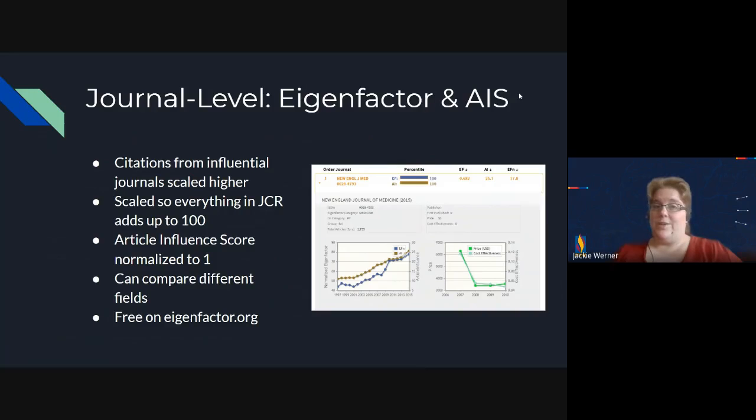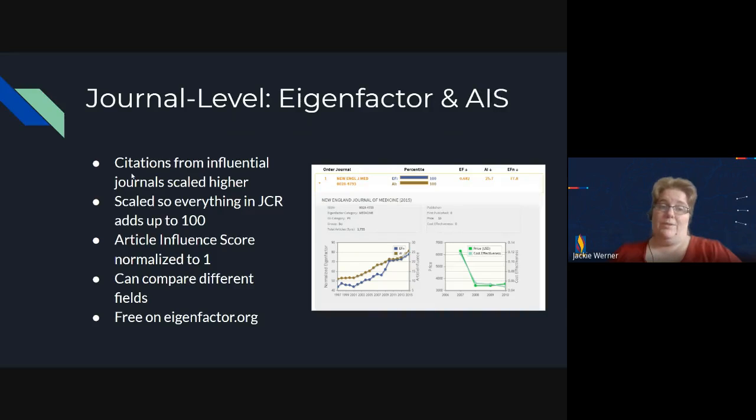Other factors that we could look at are Eigenfactor and the Article Influence Score. You can go visit eigenfactor.org and find a journal search for both of these factors. All of these factors are going to have the same general idea as impact factor, but they're all slightly different.